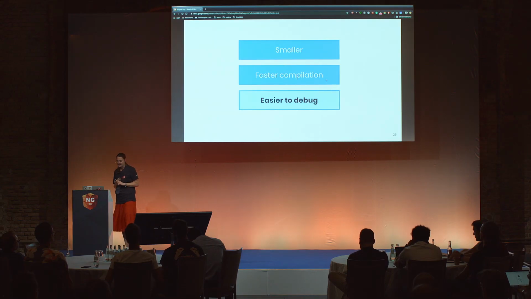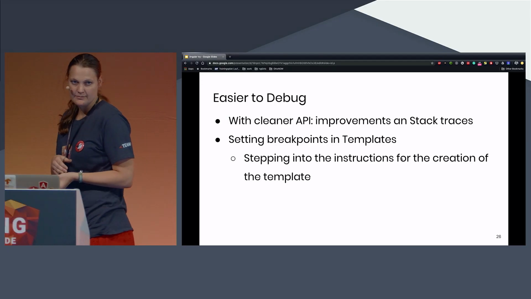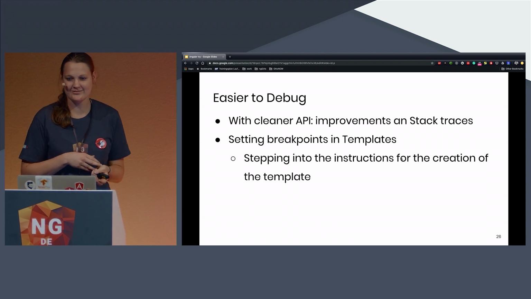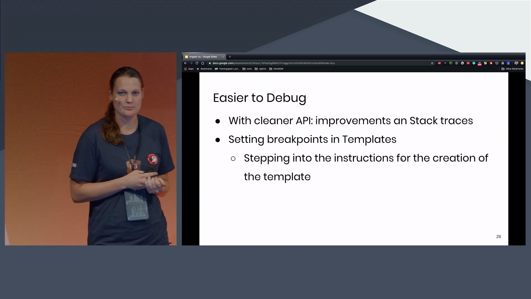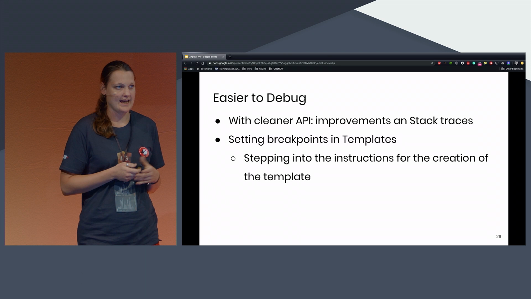So easier to debug. Actually, I wanted to show you, but maybe live coding is always a little bit tricky and difficult. I just wanted to tell you that with this clearer API, and additionally that we now have this function call to the framework, we don't have to debug through the framework itself. We can directly debug on the component, because the component calls the function directly. With that, we have a lot more possibilities to debug through our code and find the mistake.